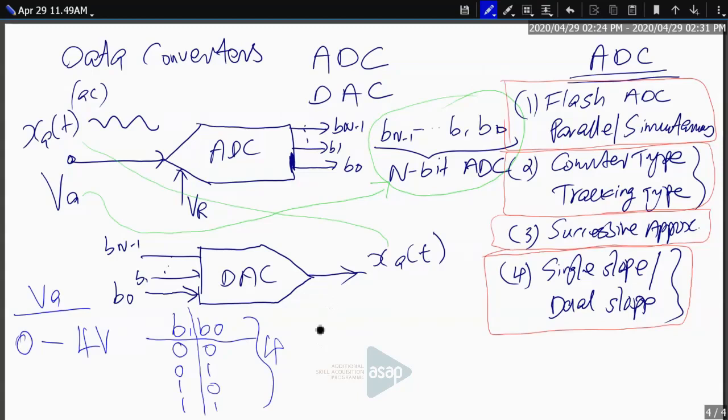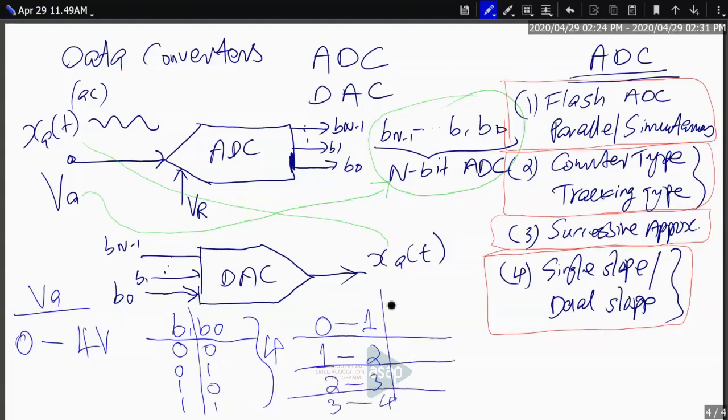Another point is, we think about a very simple numerical example in which we suppose that we have a maximum 4 volt analog signal, or our analog voltage of interest, say VA, varies from 0 to 4 volt. And we are trying to convert this into a digital equivalent using say 2 bits, V1, V0. So the entire range of voltages from 0 to 4 volt, we have to convert into an equivalent binary code using a 2-bit ADC. So it is a 2-bit ADC.